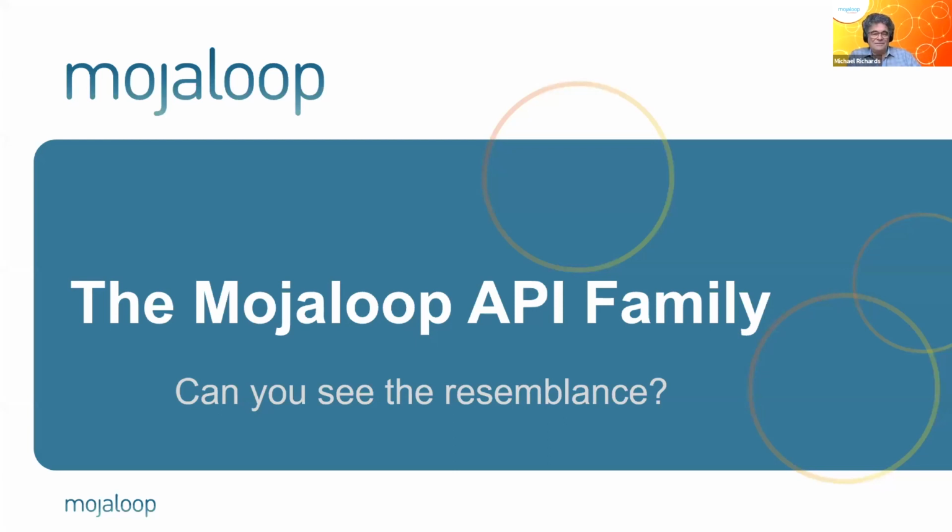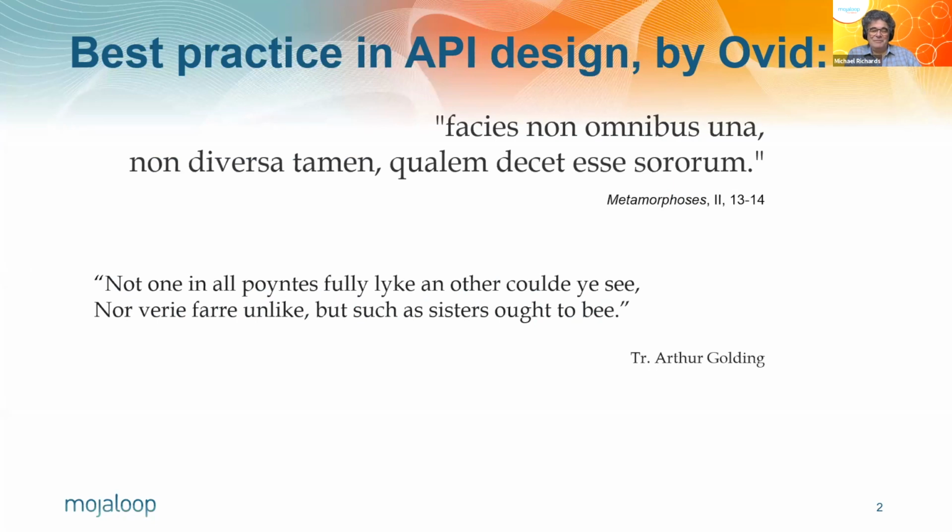Let me share my screen. So I'm going to spend a little time talking about the Mojaloop API family. If I'd been talking a couple of convenings ago, I would probably have just said the Mojaloop API. But you will see as I go through the presentation why we now talk about an API family. And in celebration of the family, I thought it would be useful to have a short quote from Ovid, who, as I'm sure most of you will know, is renowned for his abilities to talk about best practice in API design. However,